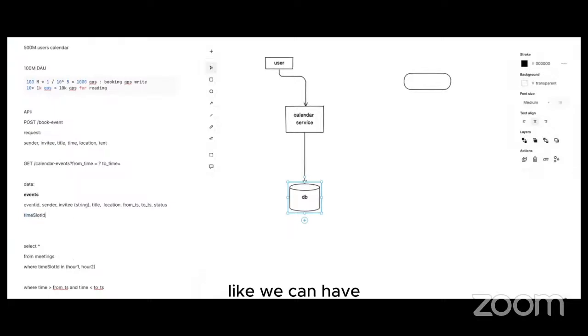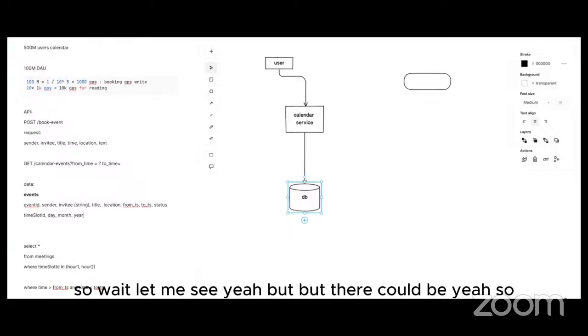And further, we can have, for example, day, month, year, to help. Wait, let me see. Yeah, but there could be,